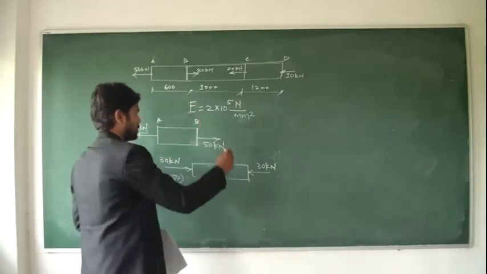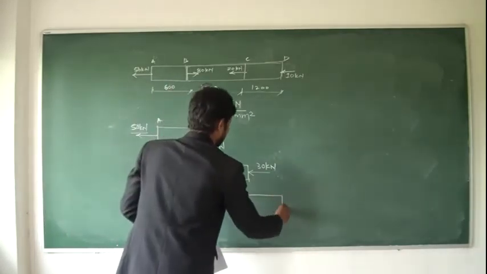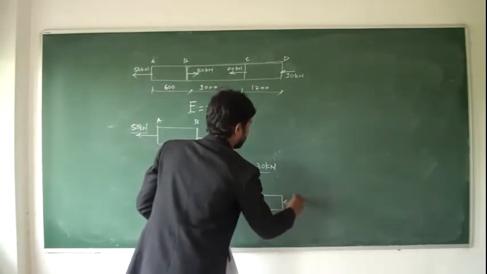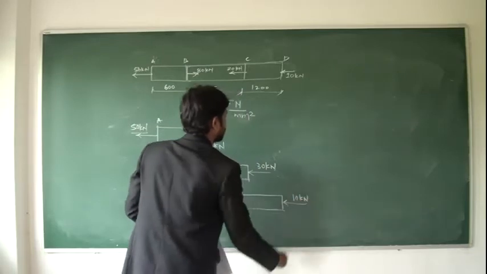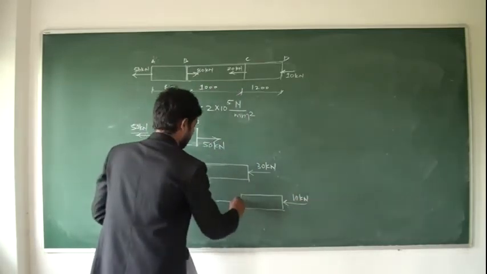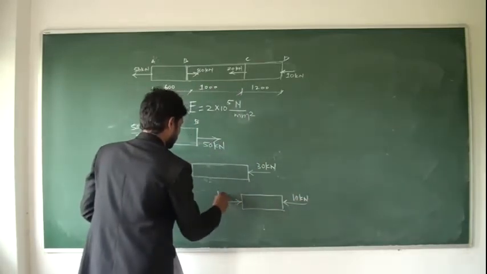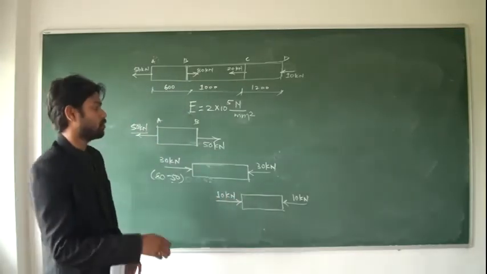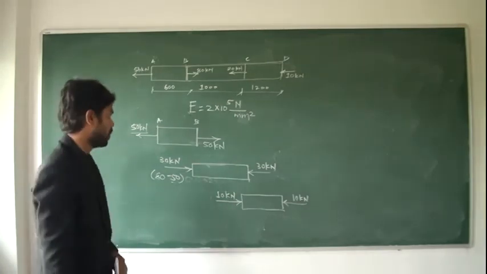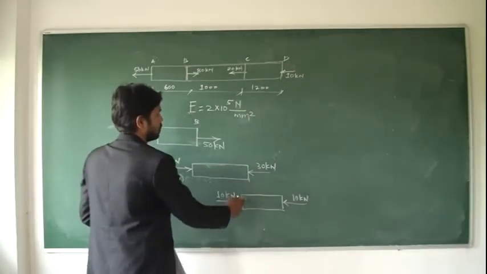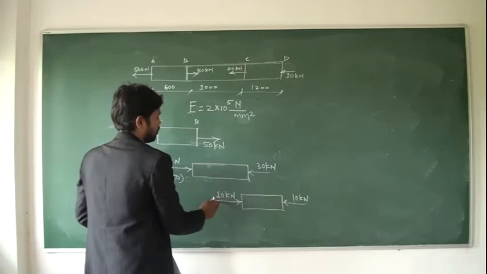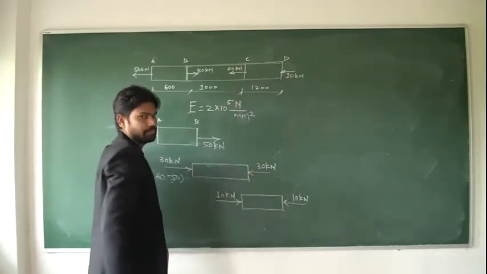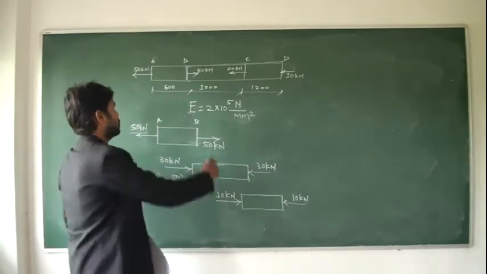Now take the last part of the section, having a force of 10 kN towards left, so definitely here the force should be of 10 kN magnitude pointing in the opposite direction. Now look at this junction. So 30 kN towards left minus 10 kN towards right. 30 minus 10, 20. Okay, so this should not change.